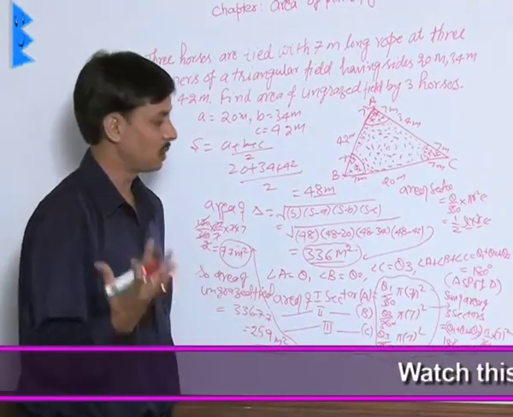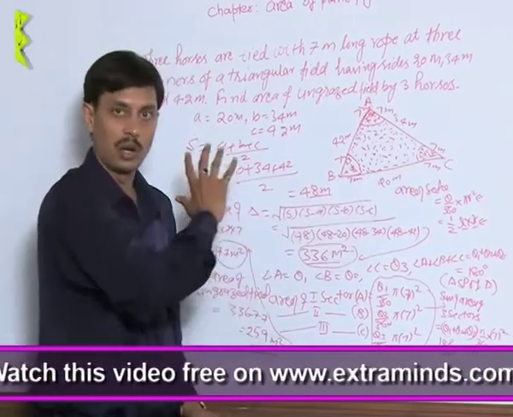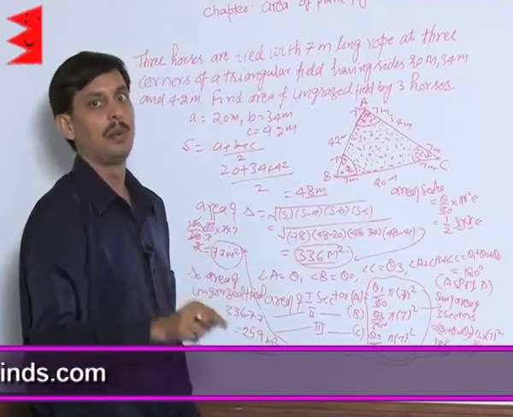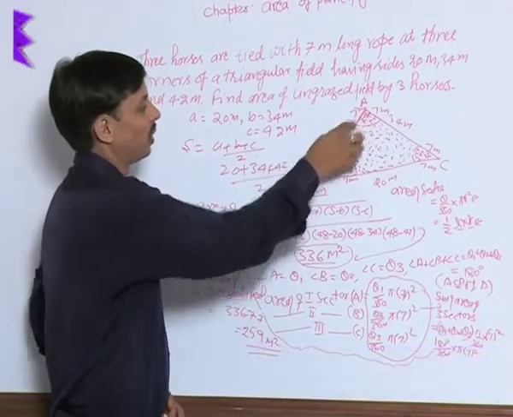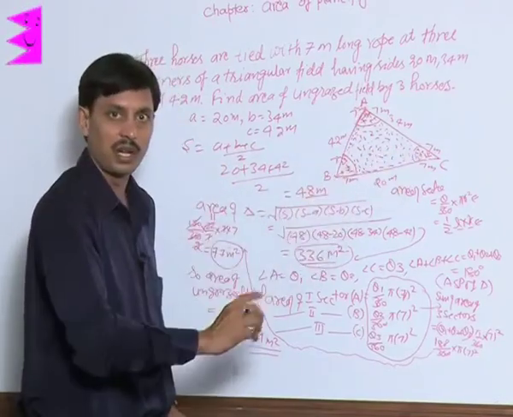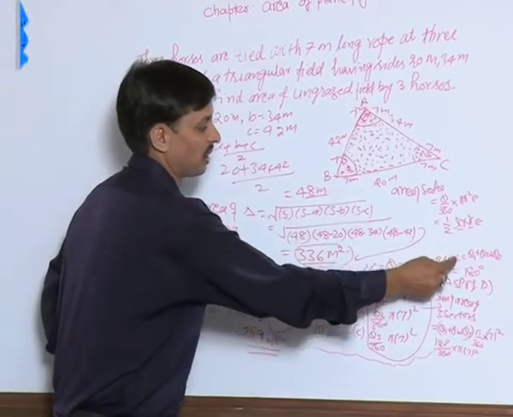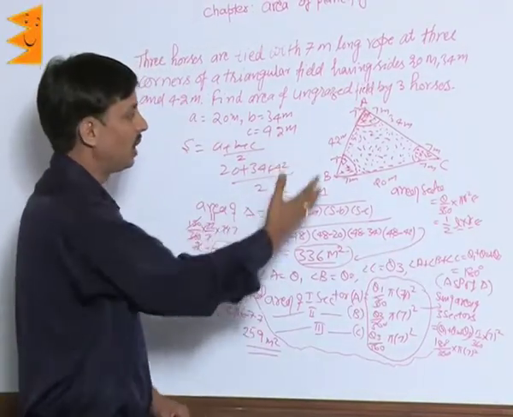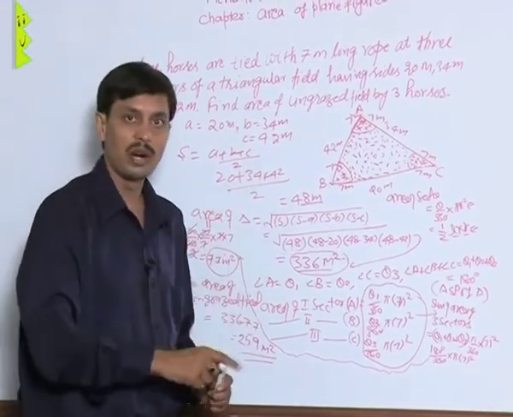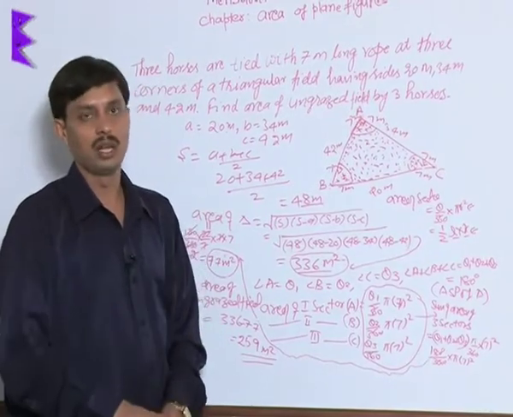So what was the specialty in this question? I want to tell you that the angles of any of the sectors were not given, but we want to calculate the sum of areas. With the help of the angle sum property, we have calculated their sum. Though we cannot calculate the areas of these 3 sectors separately, their sum can be obtained with the help of angle A plus angle B plus angle C is 180 degree. Similarly, this question can be extended in difficulty to quadrilaterals, pentagons or other kinds of polygons, which may be regular or irregular.